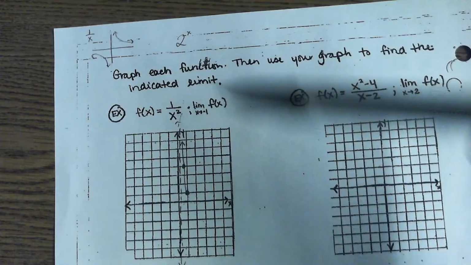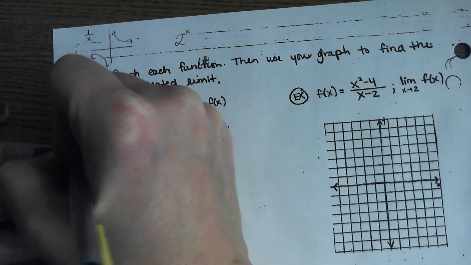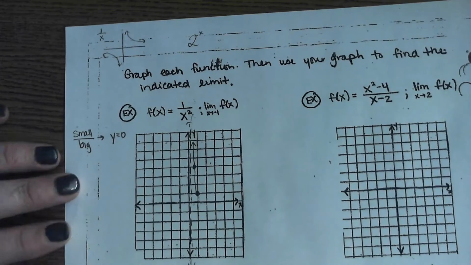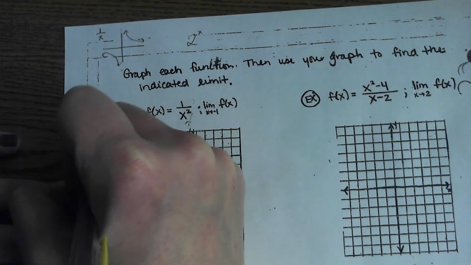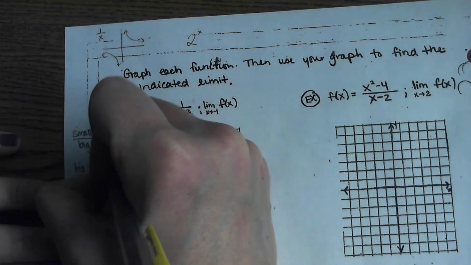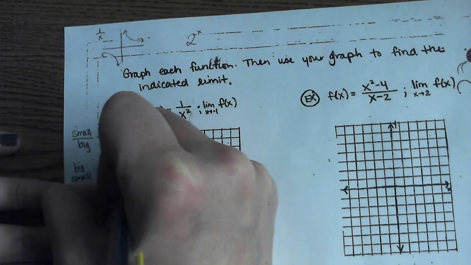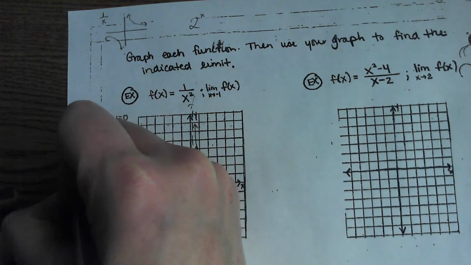Small over big, maybe we need to write these down, means y equals 0. Big over small means no horizontal asymptote. Instead, you have a slant asymptote, so your end behavior goes towards positive infinity or negative infinity. And same over same,